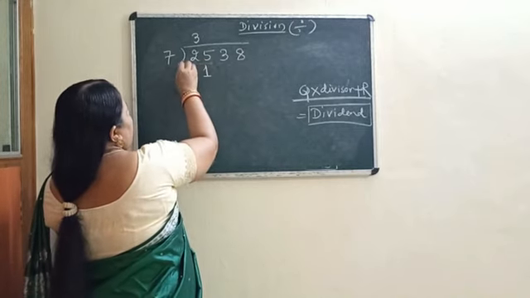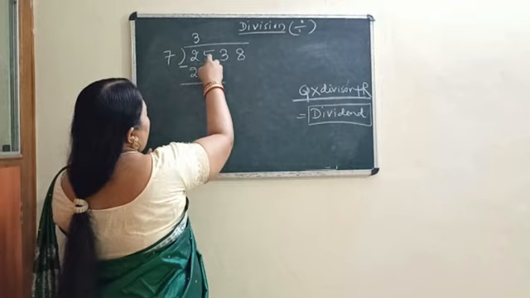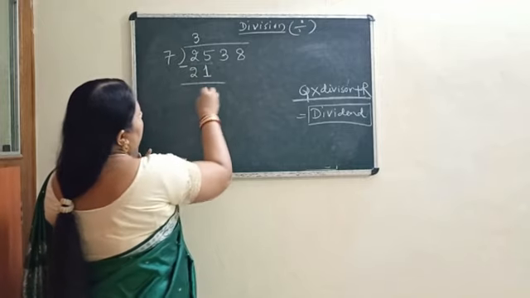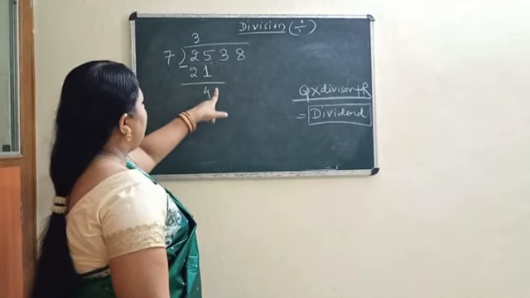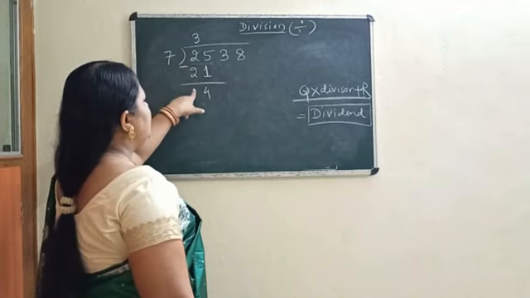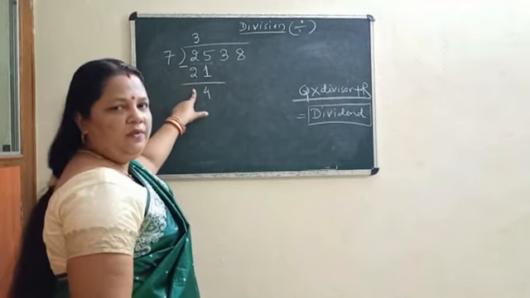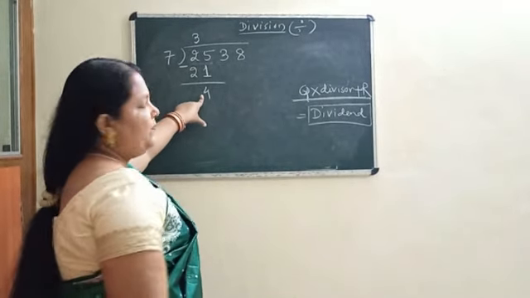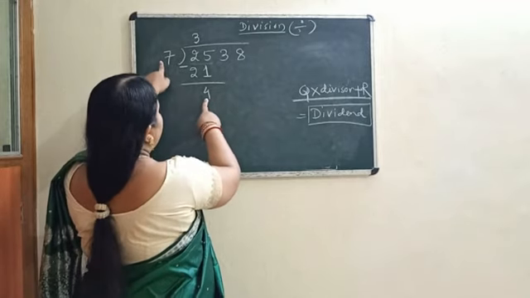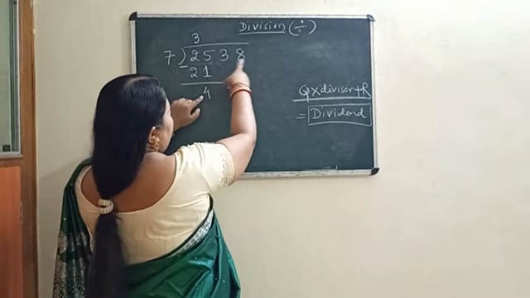Okay. Then minus it. 5 minus 1, 4, because we always subtract from the right side. 5 minus 1 is 4. 2 minus 2 is 0. So the left side is 0, no value, so no need to write this. Okay. Then how much is left? 4. Then what to do? It is less, it is more. Another 2 digit is here.